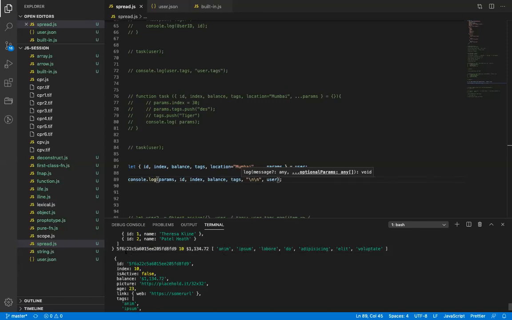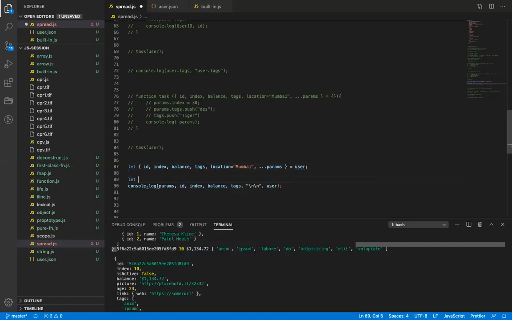Not an array, whatever the value is. If the user is an object, it will be an object. If the user is an array, it will be an array. Let me show you tags. Tags does not have a key, right? So we have to give it specific values. So I will just say 1, 2, and I will just say rest.